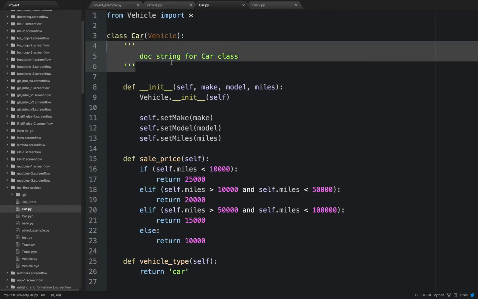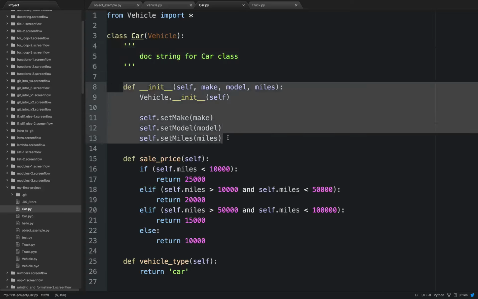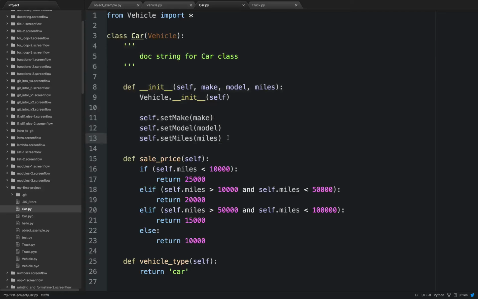Right, some docstring, don't forget those. Don't forget the docstring for your individual functions as well, or individual definitions. Right then, so